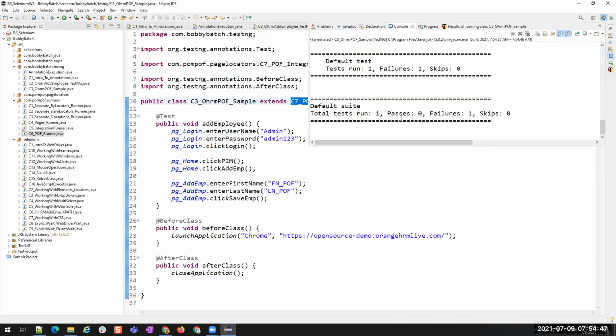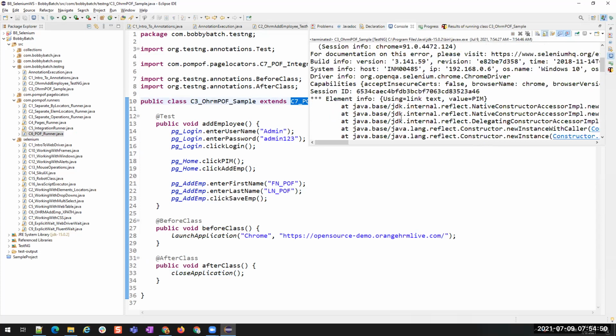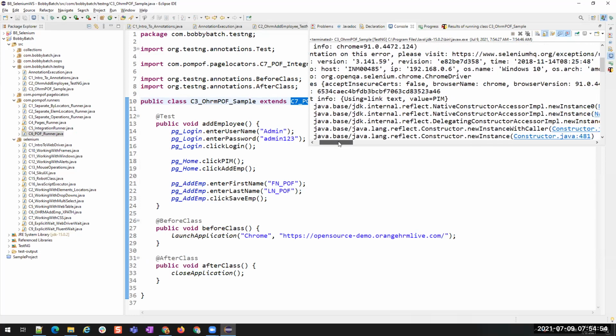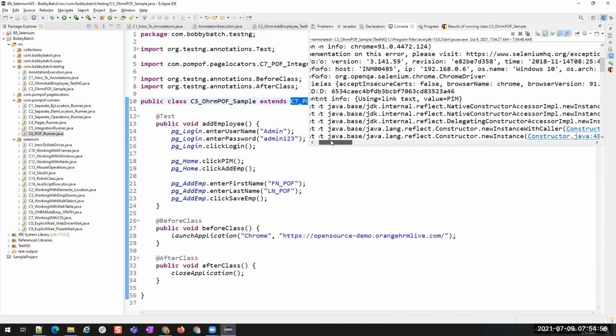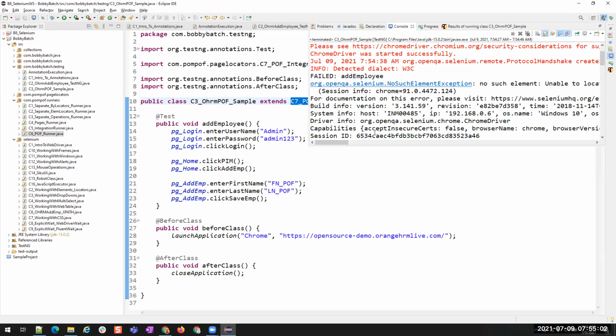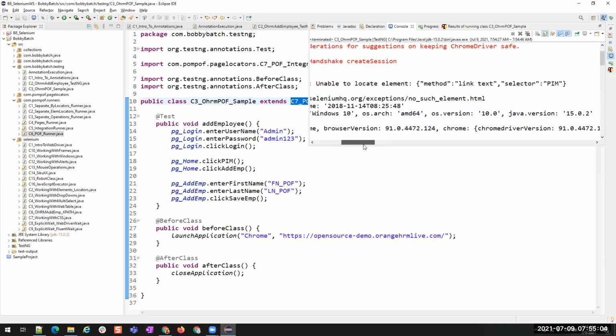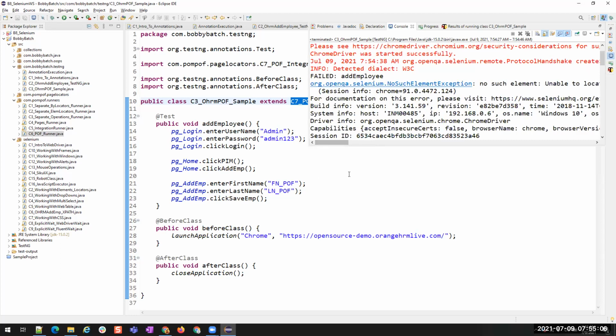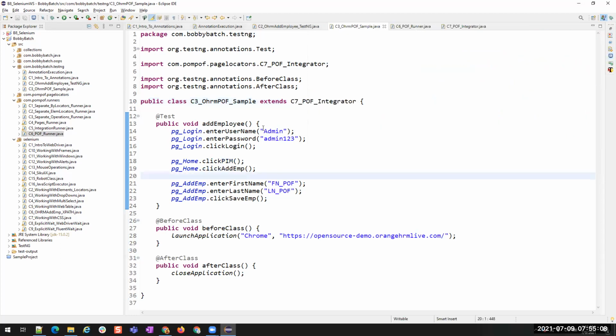Okay, something happened. There was something wrong, so that is why it failed. Using link PIN, unable to locate. Let me run this again.